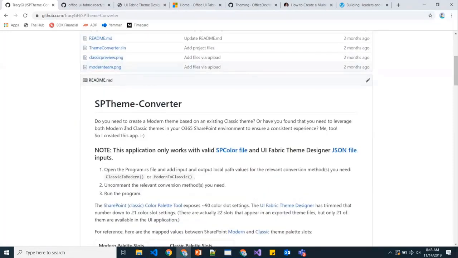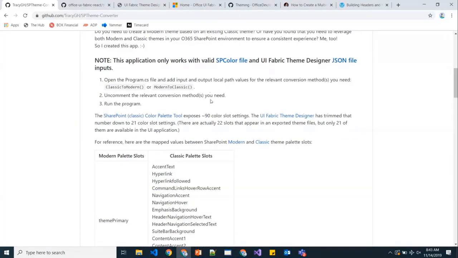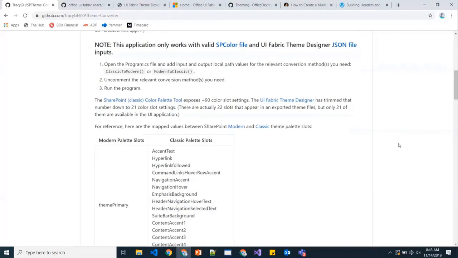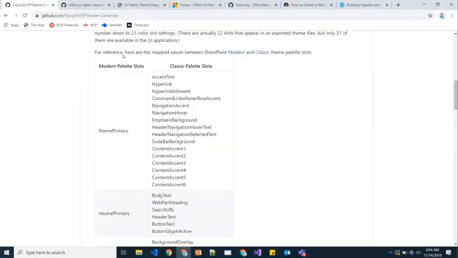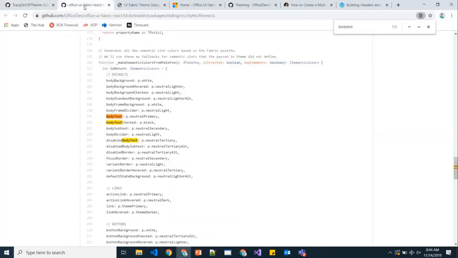But I have just a really quick little README that'll walk you through exactly how it works, what it does, if you're curious. I did define here exactly the conversion that I'm doing as far as the translation between the classic palette slots and then the modern palette slots. And if you're curious how I figured that out,